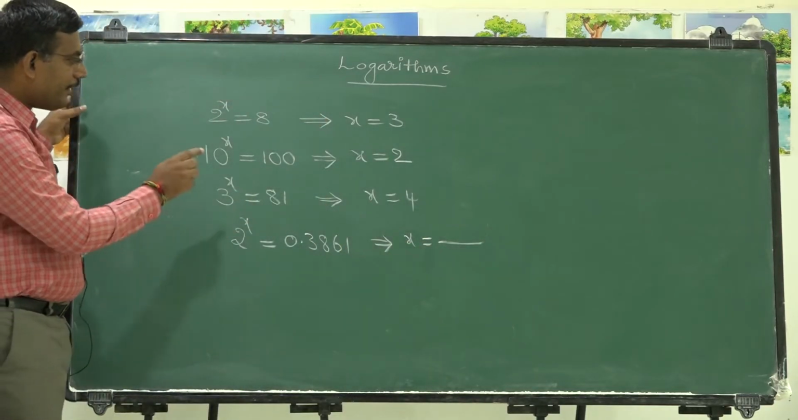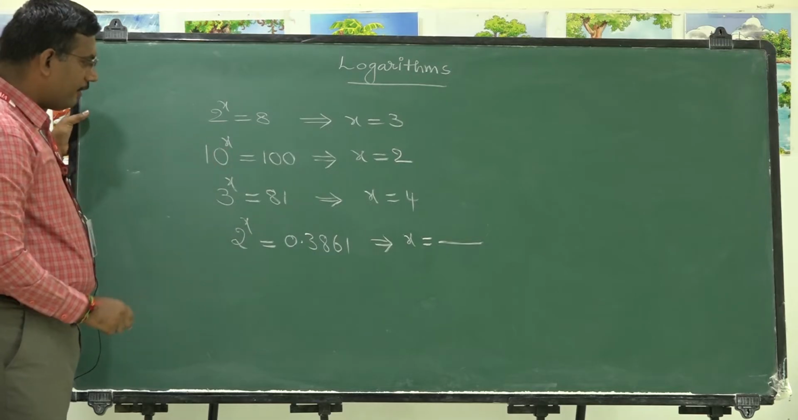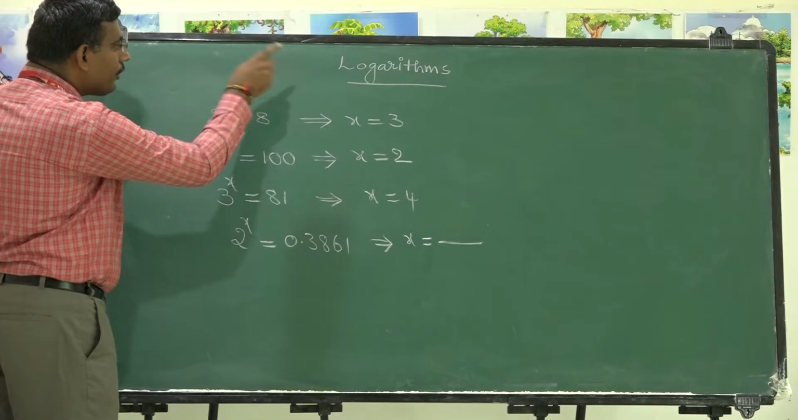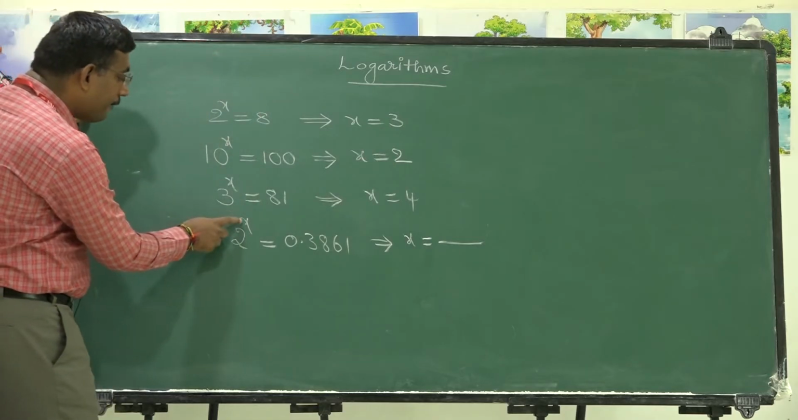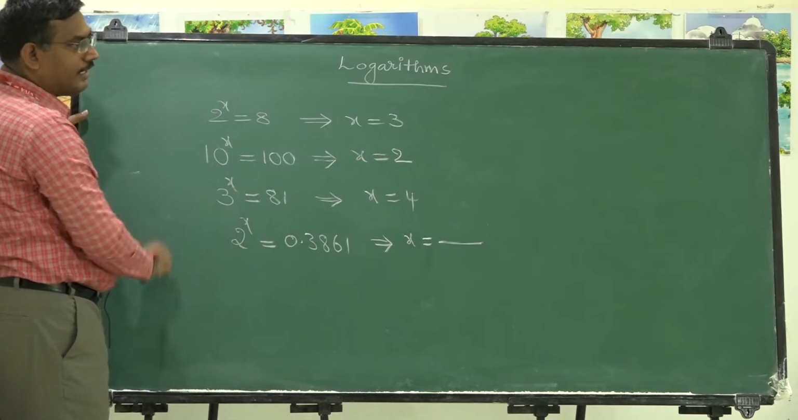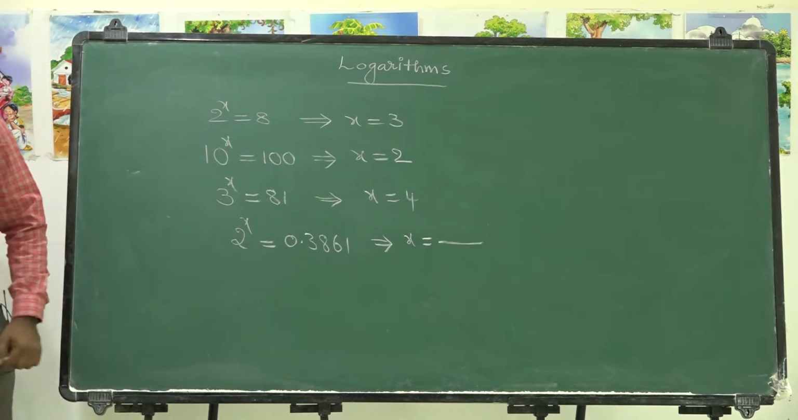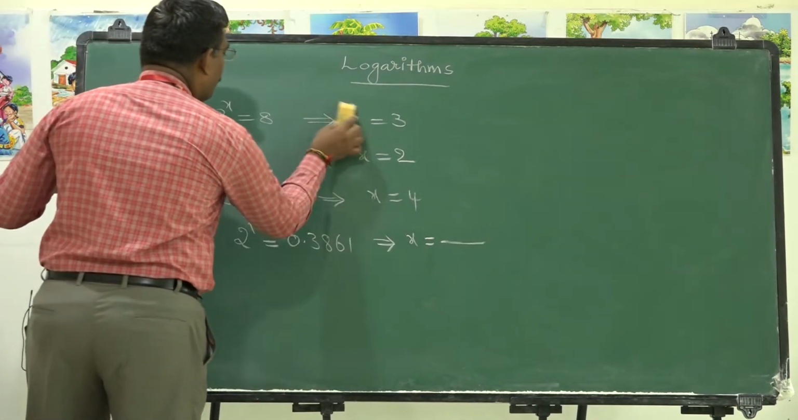here a little bit difficult to calculate x value. For solving this type of equations, we use logarithms. For finding exponent values, we use logarithms. In the exponent form, 2 power x equal to 8,